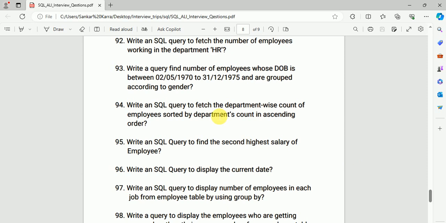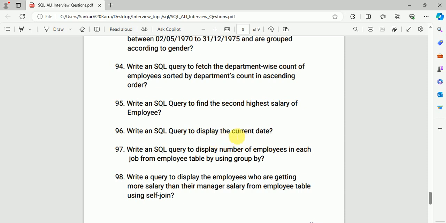Write an SQL query to fetch the department wise count of employees sorted by department count in ascending order. Write an SQL query to find the second highest salary in employees. Write an SQL query to display the current date. Write an SQL query to display the number of employees in each job from the employee table